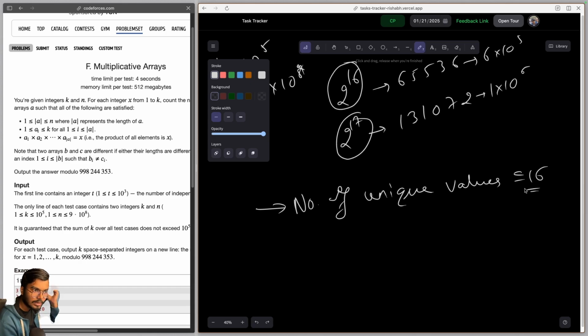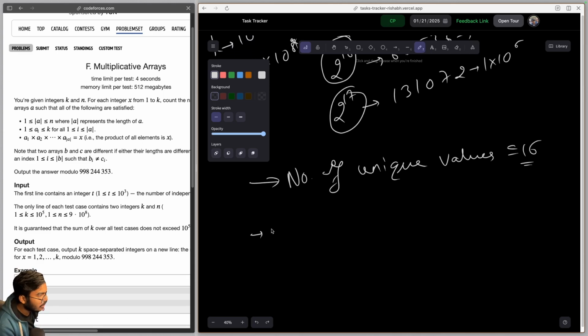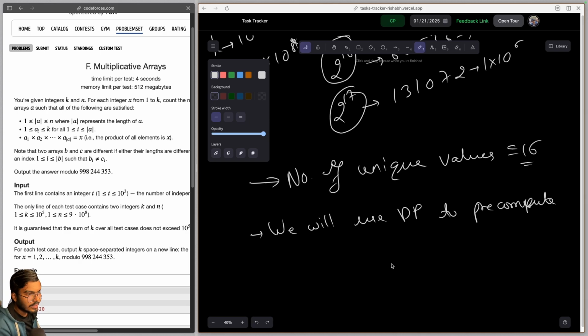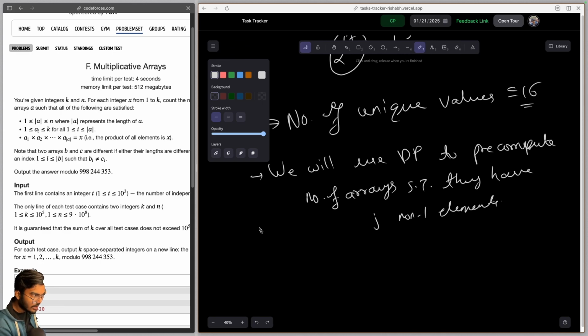Yeah. Okay, so what we can do is pre-compute the number of arrays. So we will use DP to pre-compute the number of arrays such that they have j non-1 elements. So we will try not to use ones, and obviously the maximum length can go till 16 only if we don't use 1. Okay, so let's say dp of i, j is equal to the number of arrays